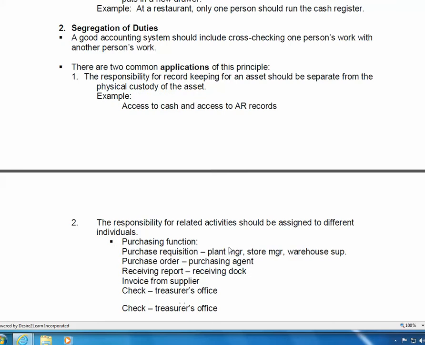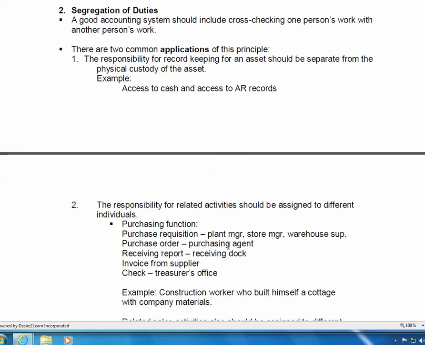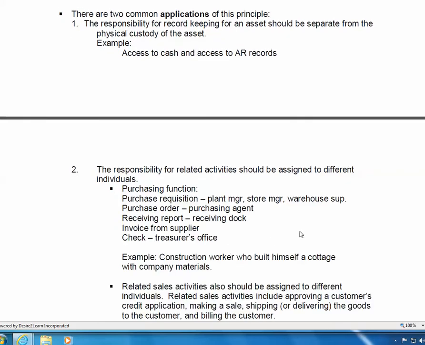Another example of the segregation of duties, this is a little bit longer example, but it's a good one. When a company is purchasing something, whether it's supplies or inventory or equipment or anything else, there's usually a series of people that are involved in a series of documents, beginning with a purchase requisition, which is initiated by someone in authority in our plant or the store or the warehouse who says, hey, we're running low on something, we